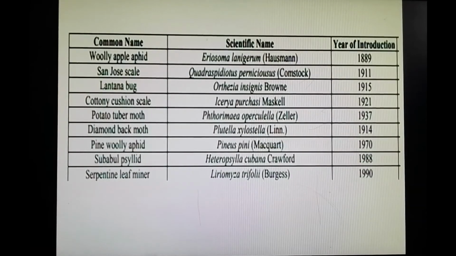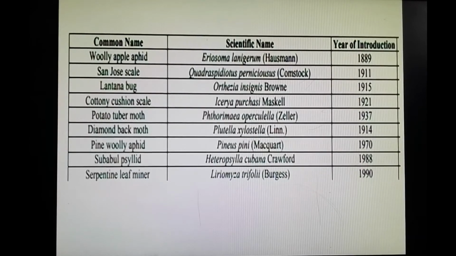So I hope that you have understood the importance of this control. Now let's quickly see what pests India is having now, but actually India is not the origin of these pests. Some of the examples you know already, and some other examples are cited here. For example, woolly apple aphid, San Jose scale. Both of these are pests of apple, you know. Then cottony cushion scale, Icerya purchasi. This pest also does not have its origin in India.